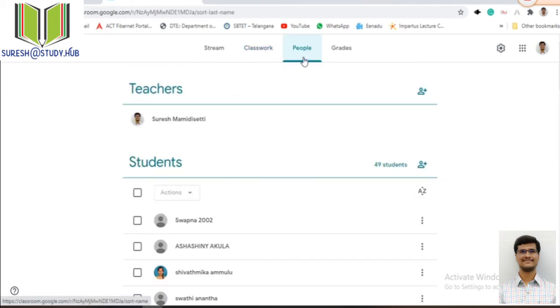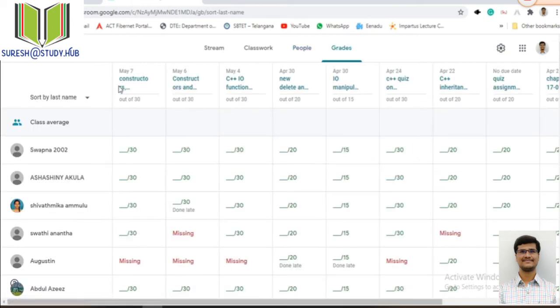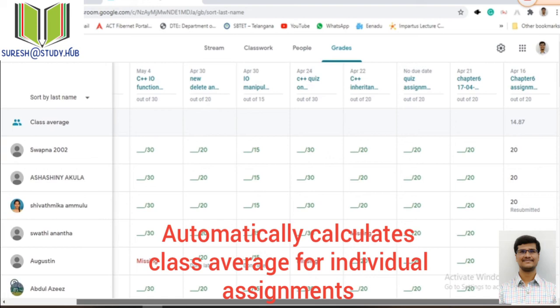And the people section will contain all the student details, and in the grades we will see, once the assignment is given and submitted, we will give some marks to the students, so that it will show for each individual student how many marks are given, and it will also calculate the average. Average also it will automatically calculate.